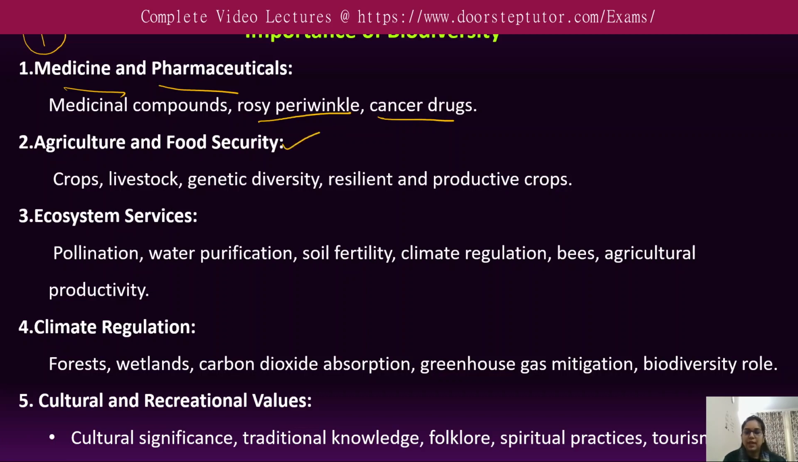Next is agriculture and food security. Obviously, biodiversity is very critical for agriculture because it includes a variety of crops, a variety of livestock, and also the wild relatives of cultivated plants. So the genetic diversity within the species, they